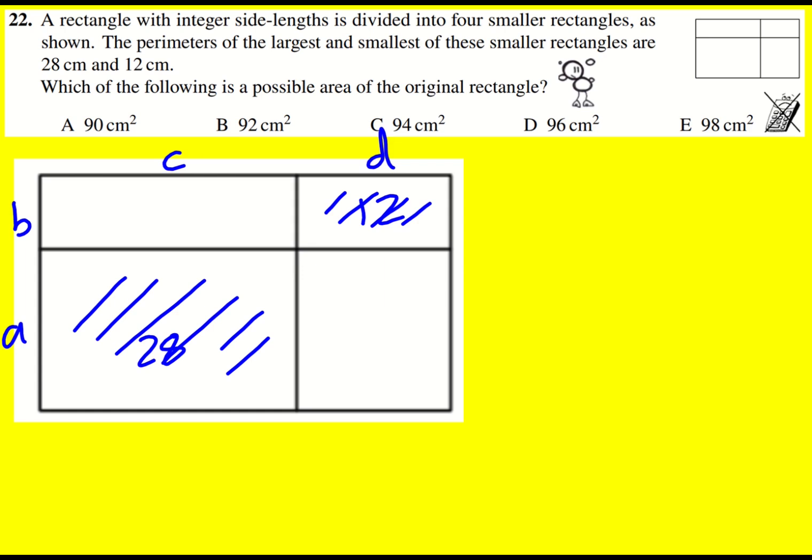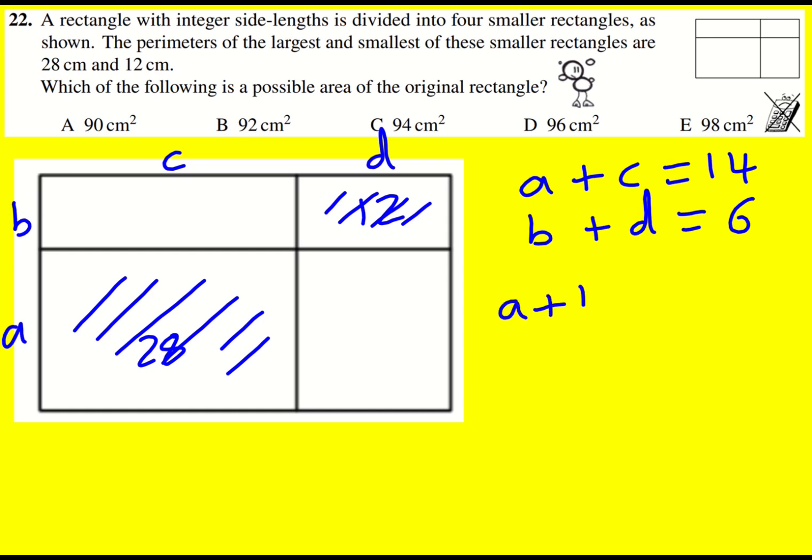So I can see straight away from this that it must be 2a plus 2c is 28, and therefore a plus c is equal to 14. And meanwhile, 2b plus 2d is 12, so b plus d is equal to 6. And from that, we see that the semi-perimeter, if I add them all up, a plus b plus c plus